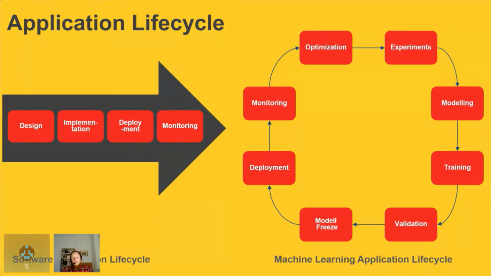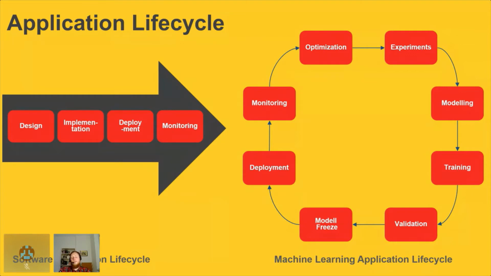The difference between the software application and a machine learning application is that machine learning begins with the need to optimize something. This is the top left corner, as you can see. You have the need or the idea to optimize something. It can start with just some general ideas. So for example, you have the need to optimize your identification of items in your warehouse. You have some data for it, and then you start with the experiments. So you begin with your goal and you try out stuff to get your results.